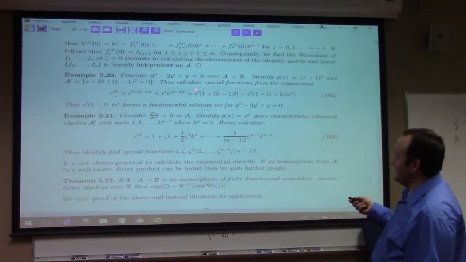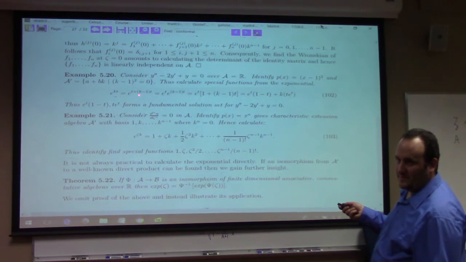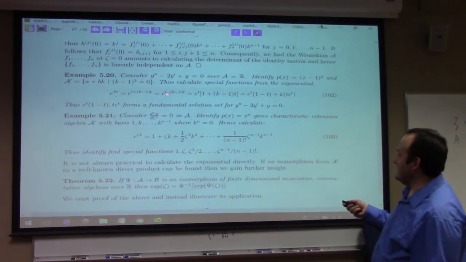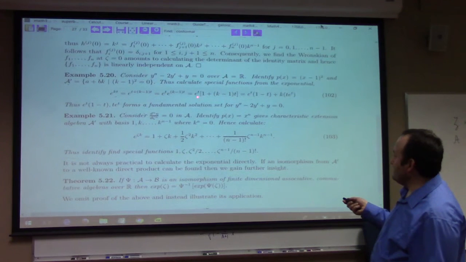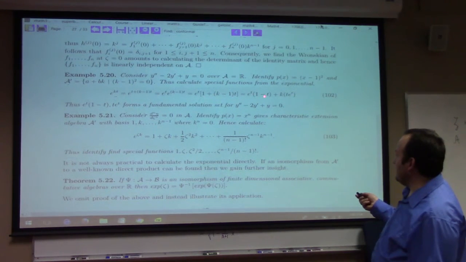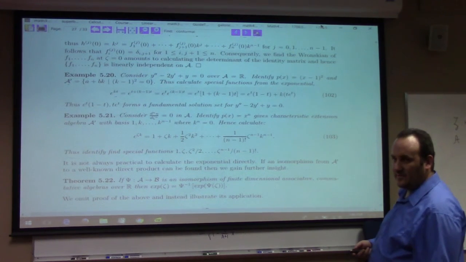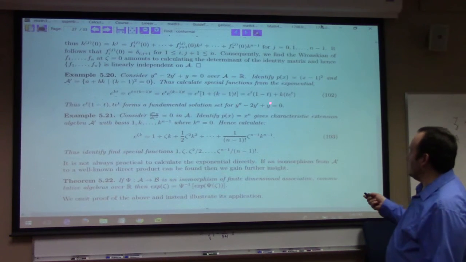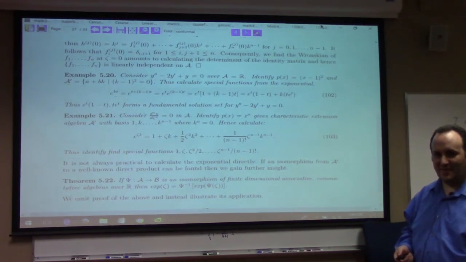Then I calculate the special functions of the exponential. I look at e to the kt, and this is a sneaky step. I want to make k minus 1 appear, because then that truncates, because remember (k minus 1) squared is 0. So I get e to the t times (1 minus t) and t e to the t. These two are my special functions of the characteristic extension algebra, and those form a fundamental solution set for that. So I solved the repeated root case essentially by complexification,